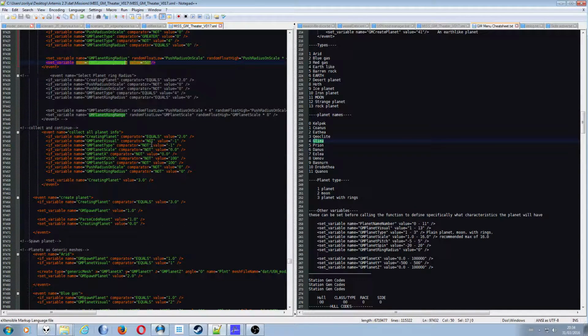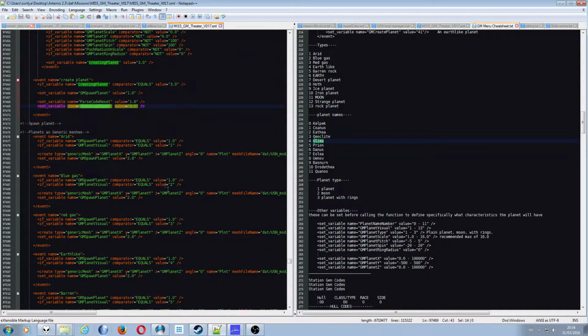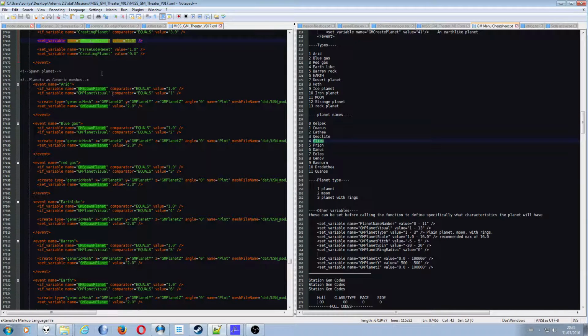So this is just making sure everything is set. Once everything is set, then we go to creating a planet. We go to the next step. We reset the planet. We set the planet spawn off. We reset the code parser, and we set creating a planet to 0. And at this point, spawn planet. Here we have all the different